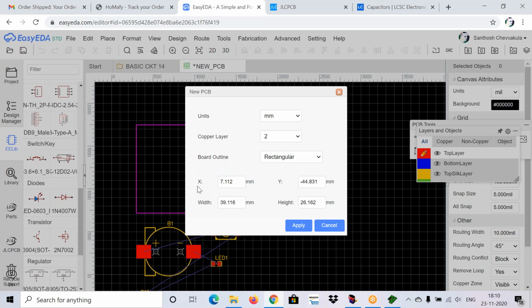This is right. Just give a Control plus S. Observe in information you can observe saved successfully, right? If it does not occur, it will not take you to the PCB designing window. Now go to the design option and click on convert to PCB.